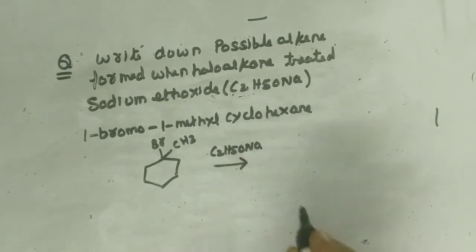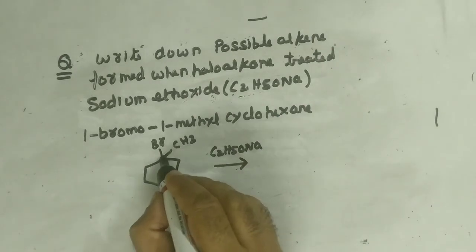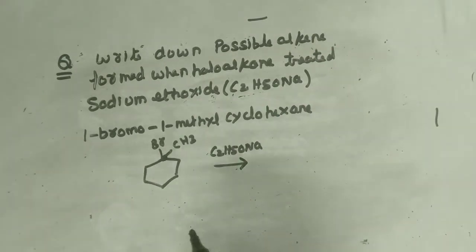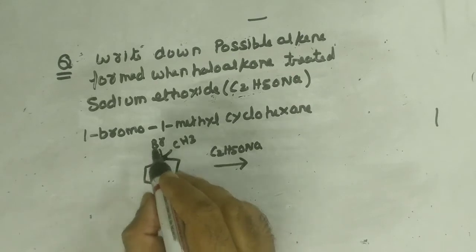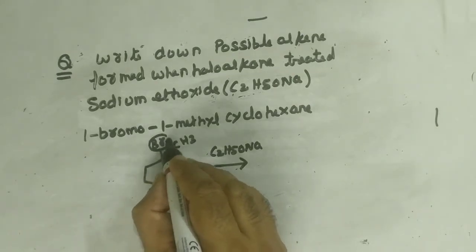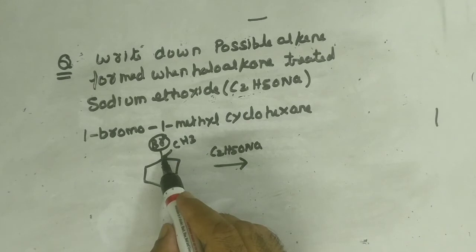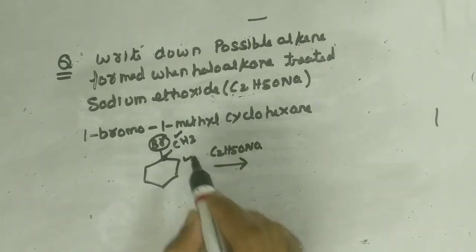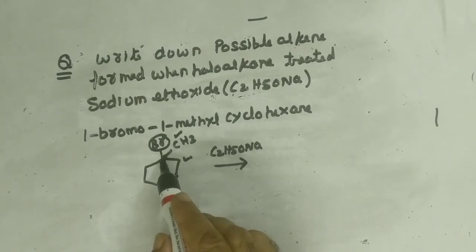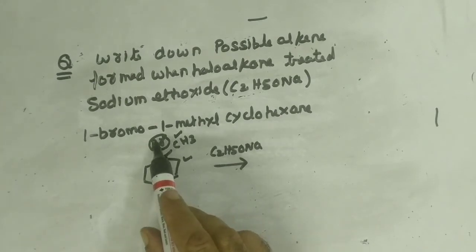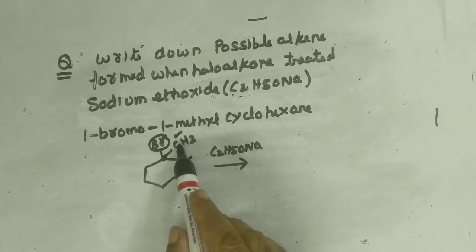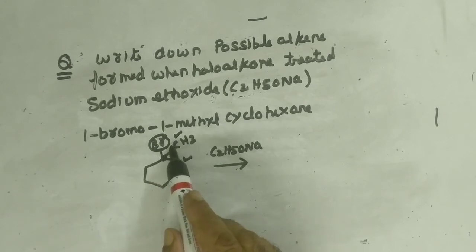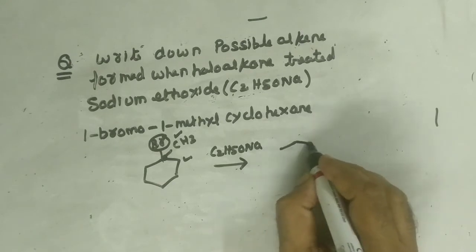And what will sodium ethoxide do? From one carbon you remove halogen, and from the adjoining one you remove hydrogen. Now this is the carbon from which you are going to remove a halogen. There is no other carbon which has a halogen. So from this carbon the halogen will be removed. Now to this carbon, what are the adjoining carbons? The adjoining carbon is either this one or this one. These are the two carbons adjacent to this carbon. So from this carbon the Br will go. You can remove H from this carbon. As a result the double bond will be over here. So one of the products that you will get will be like this.